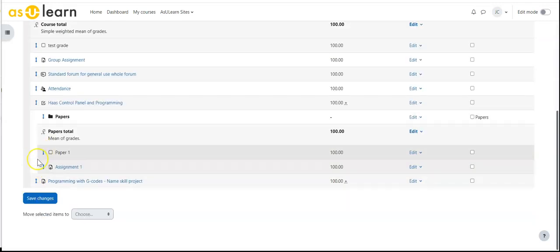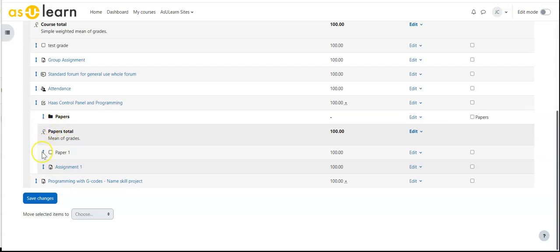Notice these 2 here are indented. They are part of this category. This one, even though it's lower, is not indented. It is not part of that category. So when I hit Save Changes,